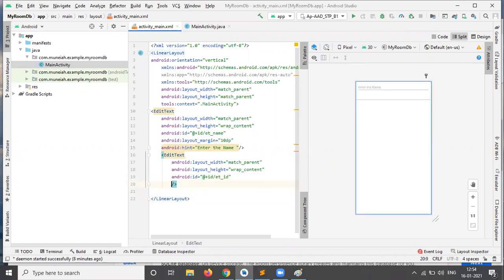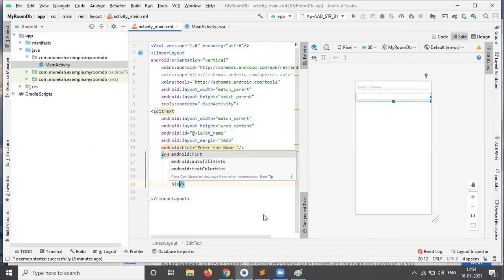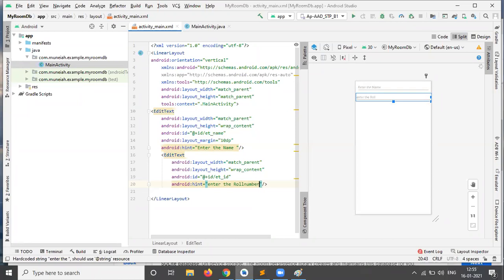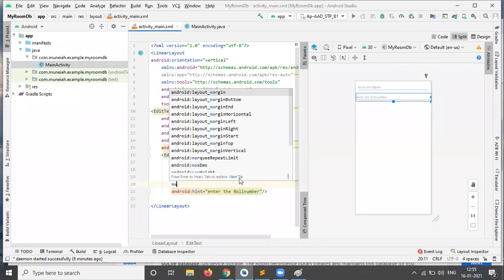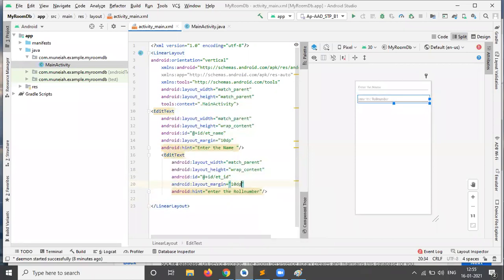And the hint is enter the password. Sorry, enter the ID or roll number. Enter the roll number, and also add the layout margin of 10 dp. So till this part, we have finished designing the two edit texts.